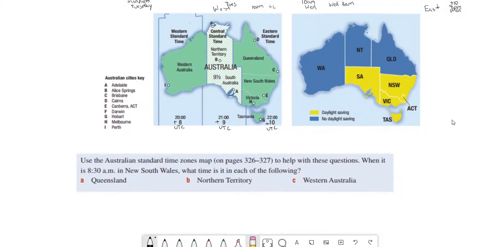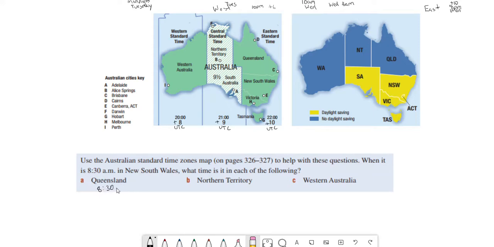Okay, very easy question. It says use the standard time zone maps to help us with these questions. When it is 8:30 p.m. in New South Wales, what time is it in each of the following? Queensland. Well, in Queensland, we have the same time zone. Okay, so it would be 8:30